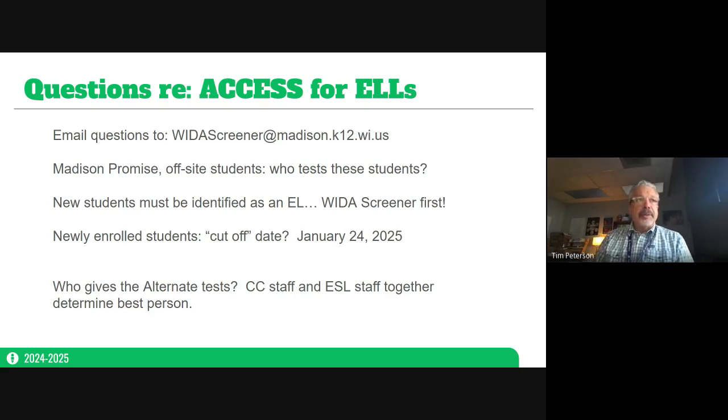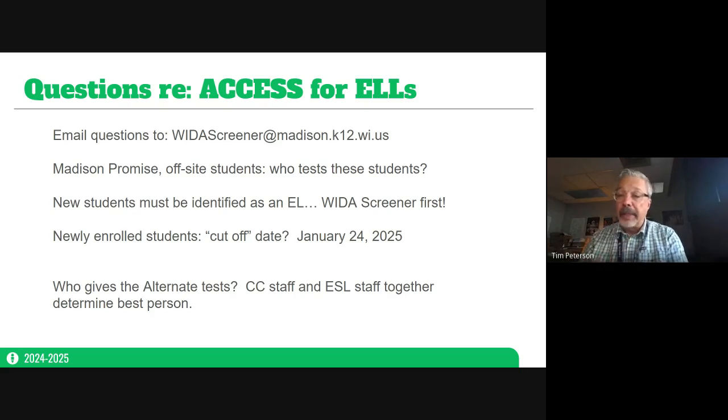Then there's always the question of a student who arrives in January, beginning of the year. Student arrives, and the first question is, because we've got ACCESS testing on our minds, can we get a new ticket for them? And the answer is not yet. And here's the reason why. Only those students who are actually English learners can take the ACCESS test. So the process does not change from enrollment now to enrollment then.